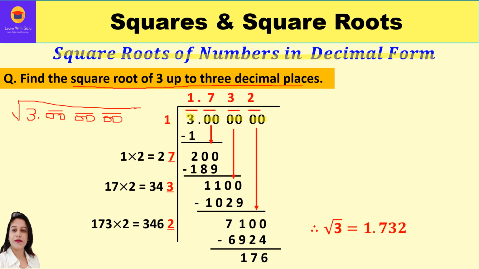Now we are going to start with the first number, or first period, that is 3. So think of the largest number whose square is equal to or less than 3. So that number is 1. 1 into 1 is 1, because if we keep 2 over here, 2 into 2 will become 4, which is greater than 3. Now further, 3 minus 1 is 2 over here.